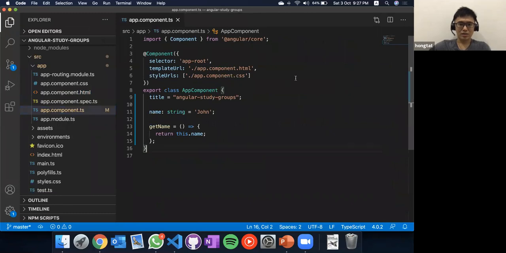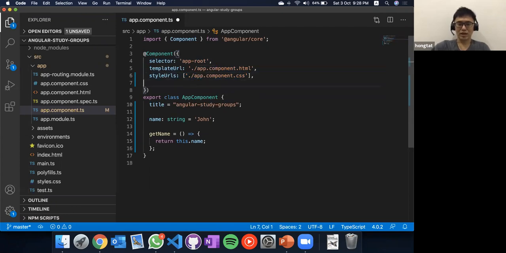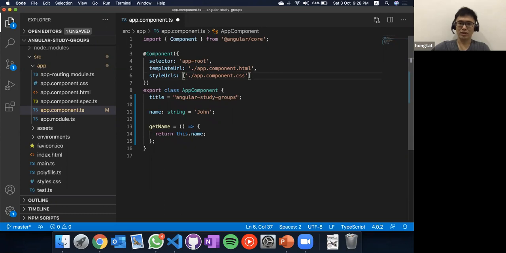Okay, and of course this thing here is the metadata of the Angular component. It describes the selector. So the selector here is app-root, and it is pointing to the HTML file here, app.component.html. And the CSS is pointing to the app.component.css, and this is the metadata. Okay, so there will be more properties here, but we should cover it in the component